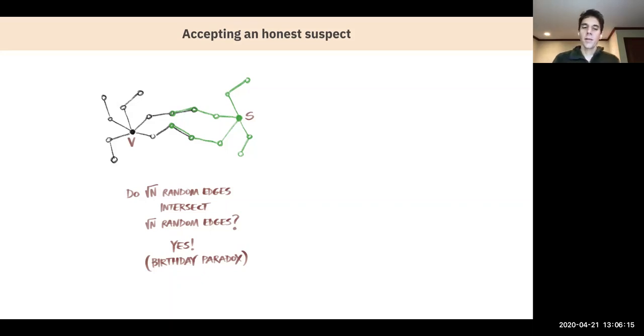More generally, the simple fact to remember is that anytime you're throwing more than square root of n things into n buckets, you pretty much always get at least 2 somewhere. In other words, there is an overlap. So this is the proof that 2 honest suspects will have an intersection in their tails. And we have to also take care of the second condition, which is that